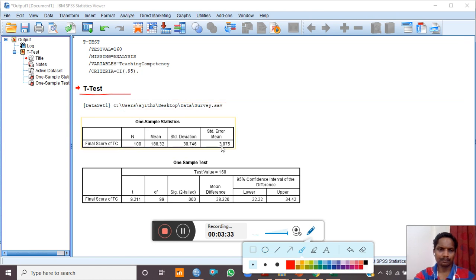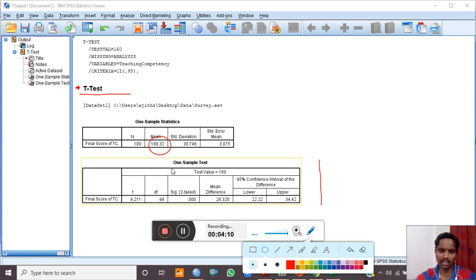This is the t-test. The one sample statistics is there, then the one sample test result is also here. Now let us see, this is the mean, present mean 188. The previous mean was 160, so there is a difference between the present and previous mean. Now let us see whether this result is significant. We have seen there is a difference in the mean, but if you want to check whether it is significant,